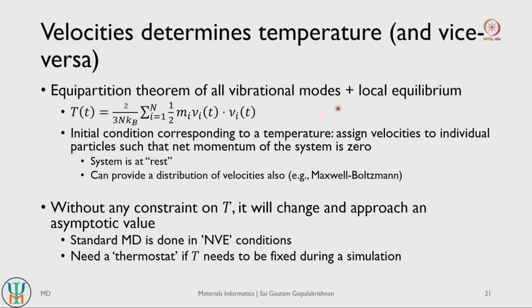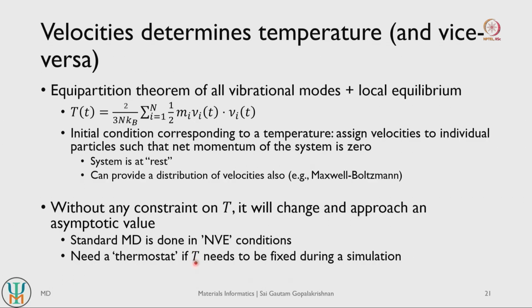those changes will be passed on to your potential energy. So if your kinetic energy decreased, your potential energy will increase. If your kinetic energy increased, your potential energy will decrease. But if you set your temperature, your kinetic energy is more or less set to be a constant value, and as the system evolves, as the positions change, your potential energy can actually shift, which implies your total energy of your system can actually change, and hence your energy is no longer conserved, right.